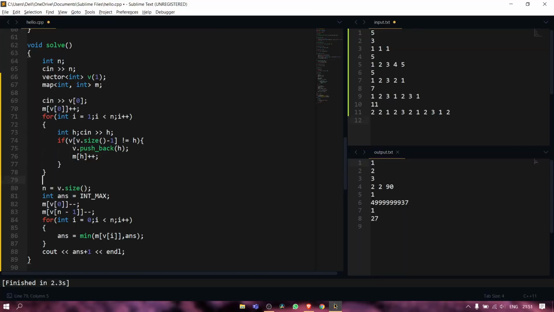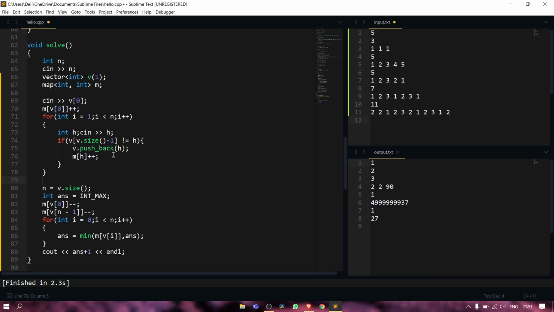Here is the code, guys. We are taking an integer n, a vector of size 1 initially, and a map as m. We input the first element of the vector, then the second element, and we increment this element in the map also, and we input all the elements in the vector.